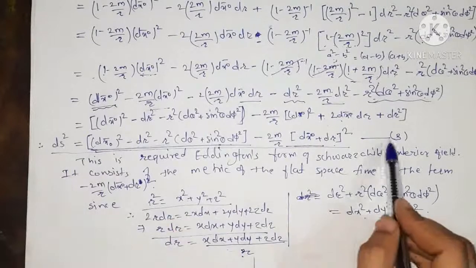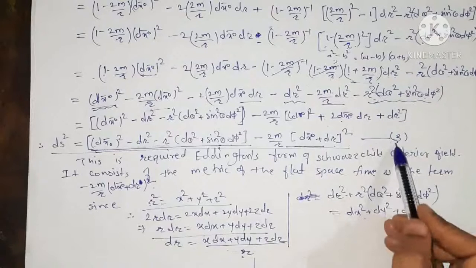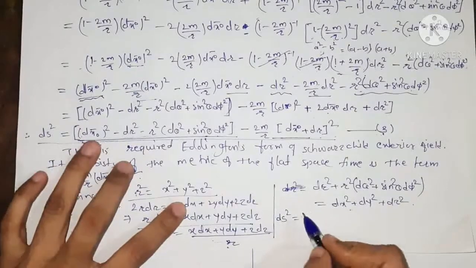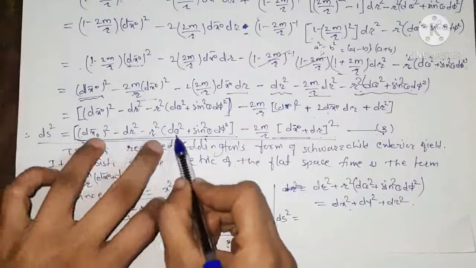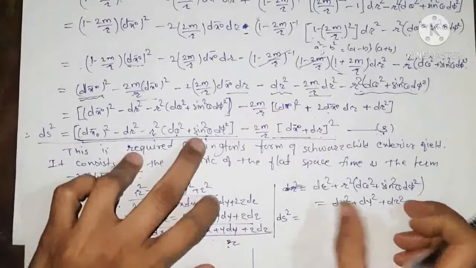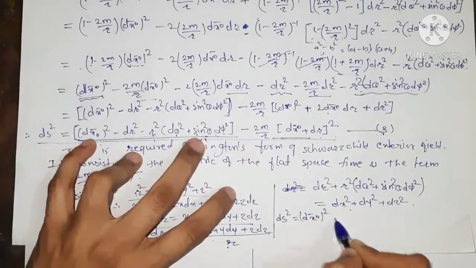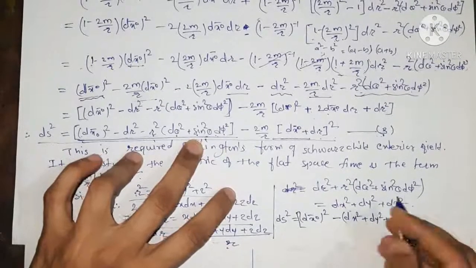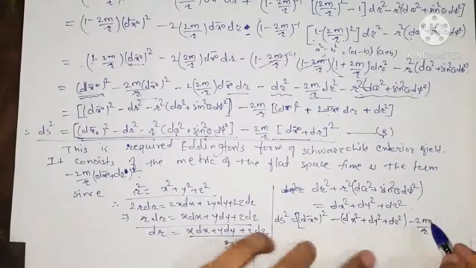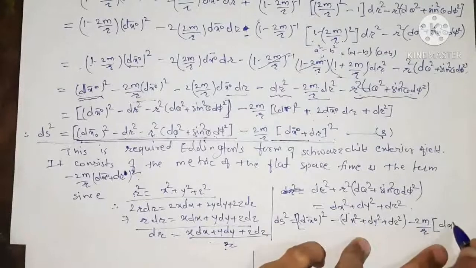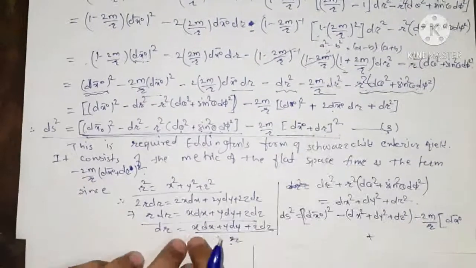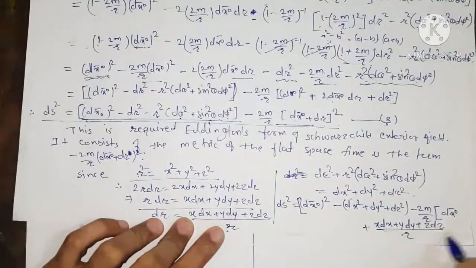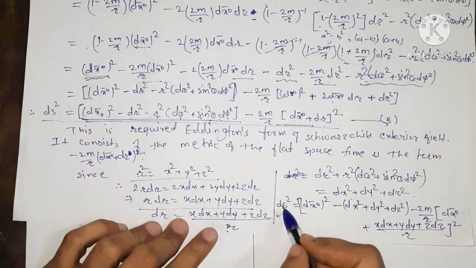So after substituting this, our line element in equation 3, the Eddington form, can be written as ds square equals (dx0 bar) square minus (dx square plus dy square plus dz square) in one bracket, minus twice m upon r, in a bracket (dx0 bar plus (x dx plus y dy plus z dz) upon r) whole bracket square. So our line element is transformed into this form.